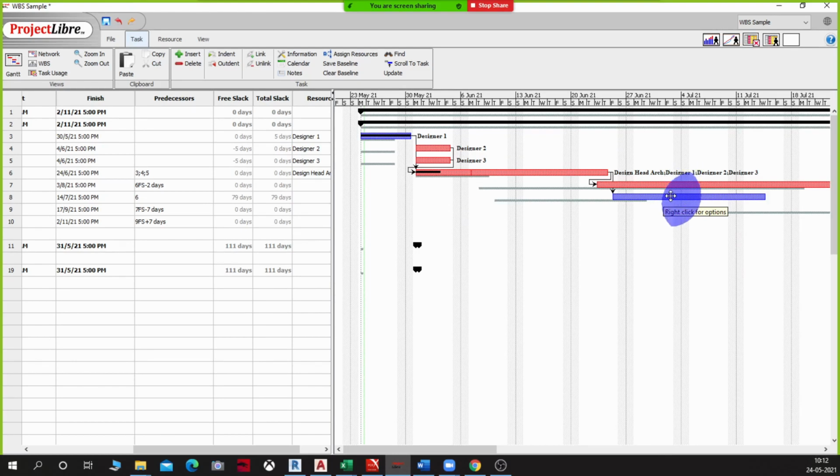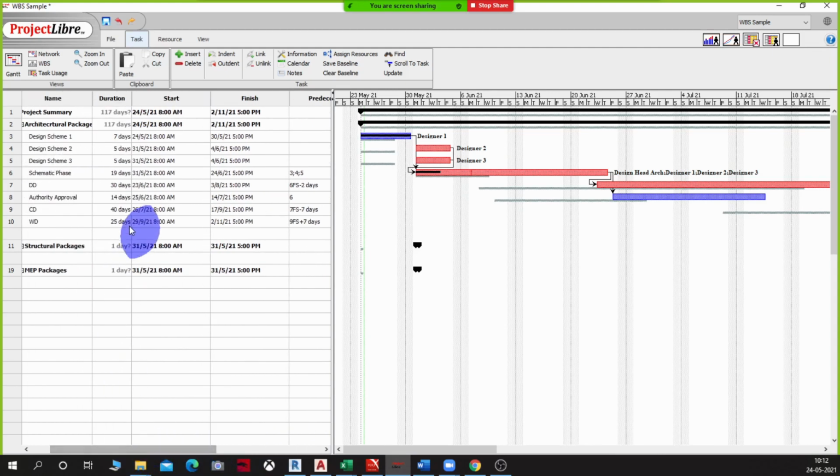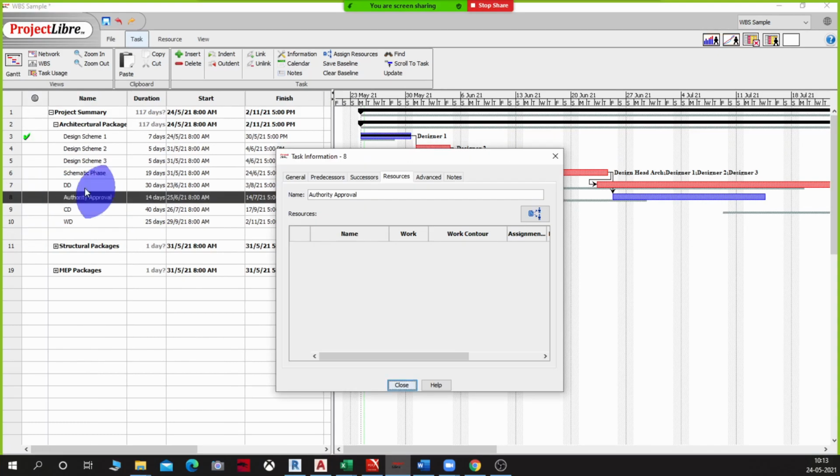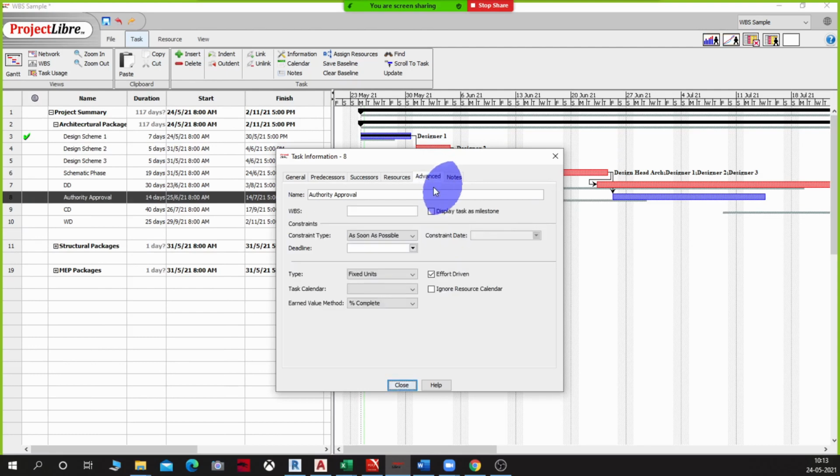Now let's assume that this activity, instead of starting it on 25th, I will put a condition which says authorities will not be available to me till a particular date. So here I'm going to put a constraint to this. I'm going to say that this task cannot start before a particular date.